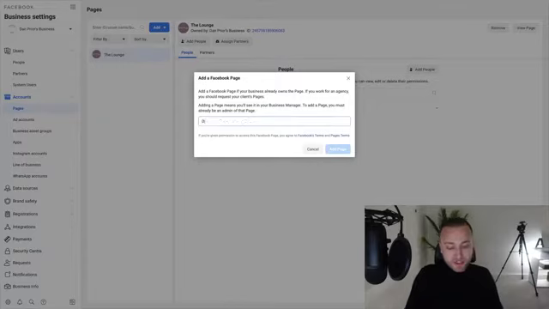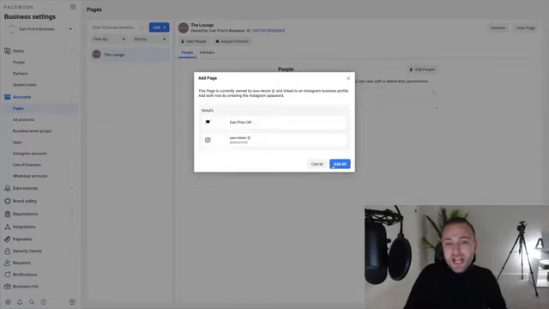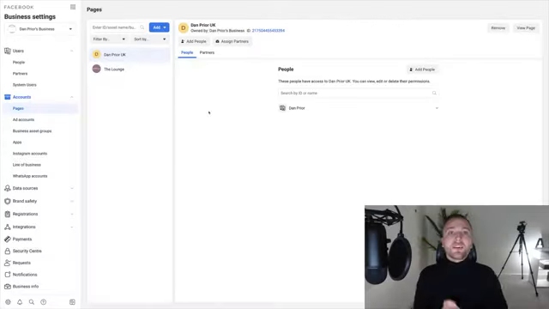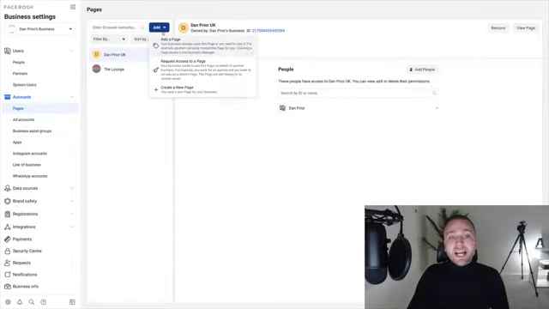And all you simply need to do is type in the name of your page and hit add. Okay, so we can add those pages onto our business manager. Okay, so now our page is added to our business manager. Now, just to highlight, if you're running ads on someone else's behalf, when you click add, you can request access